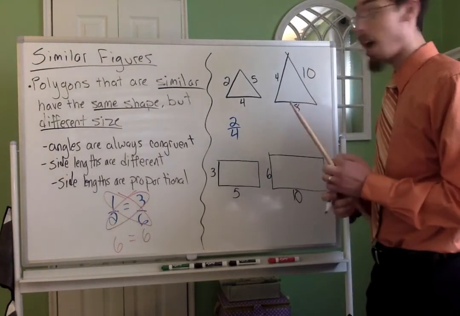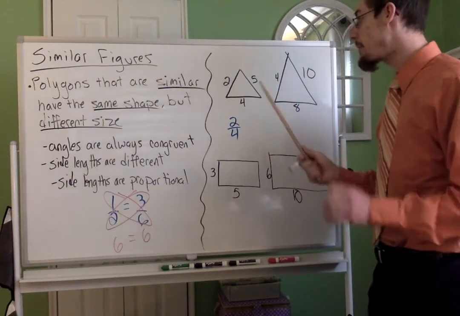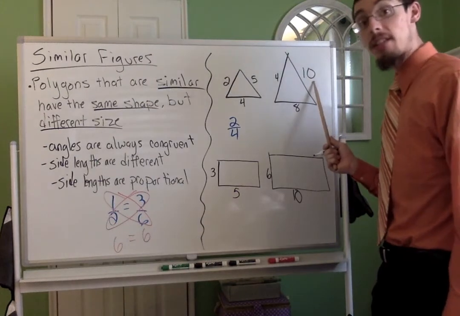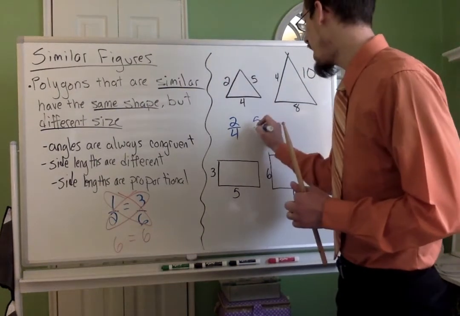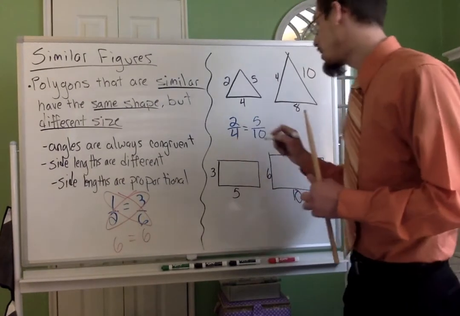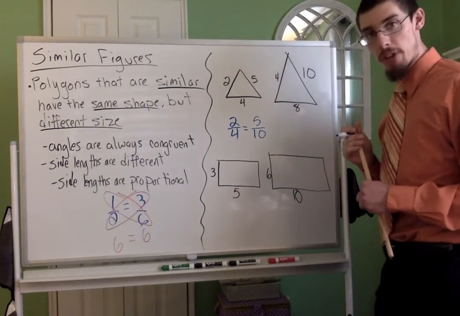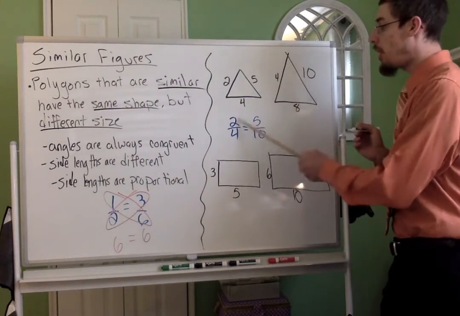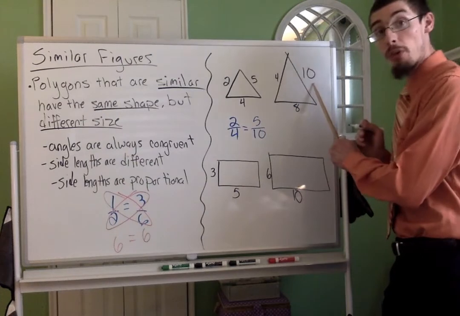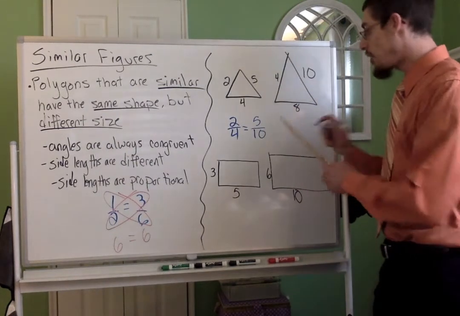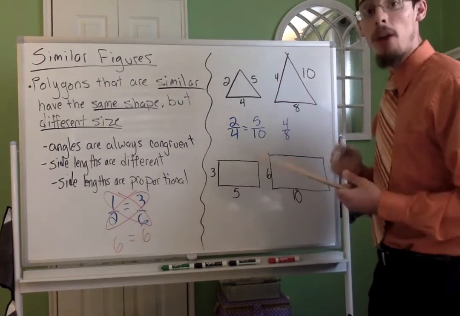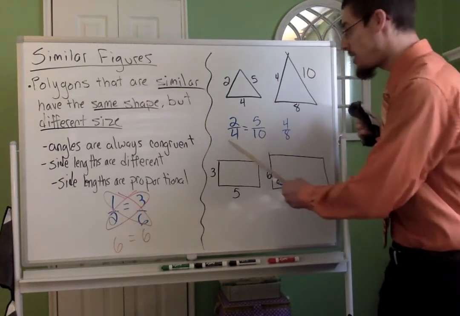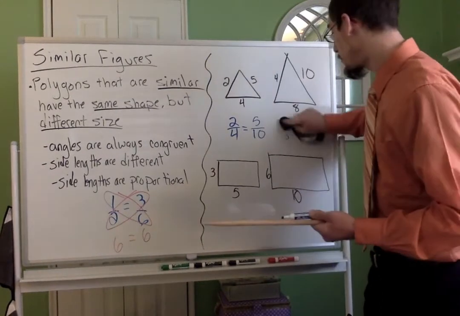Then I'm going to take the largest side, 5, and I'm going to match that up with the largest side here, 10. So 5/10, set them equal to each other. So I just set up a proportion, right? Smallest over smallest, largest over largest. Could I have done 4/8 as well? Yes, I could have. I just didn't need 3 fractions. I only need 2 of them, right? So anyway,